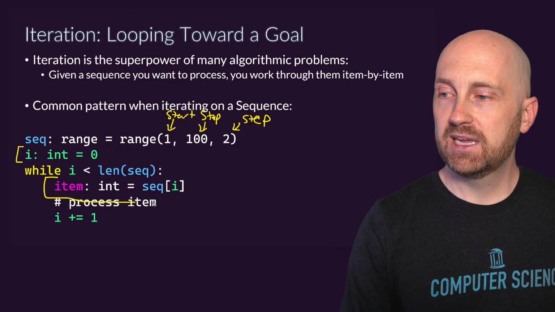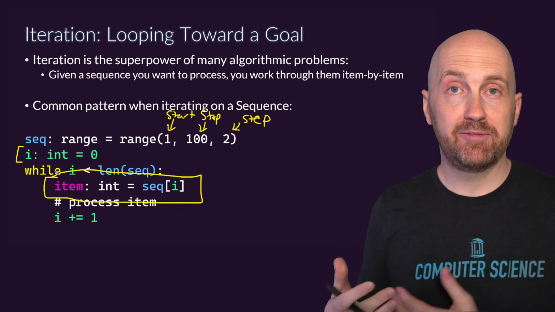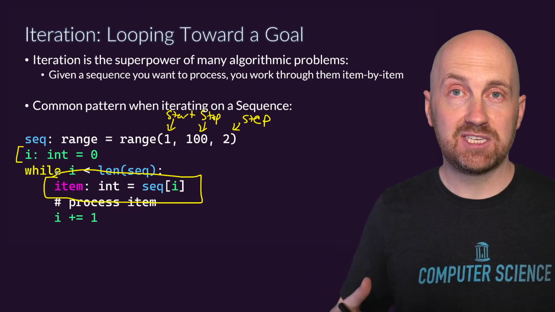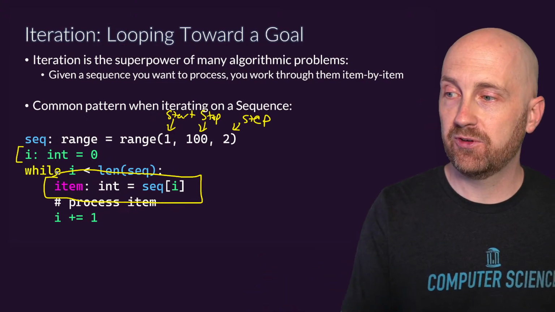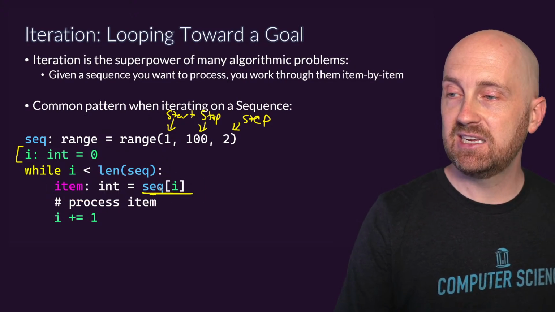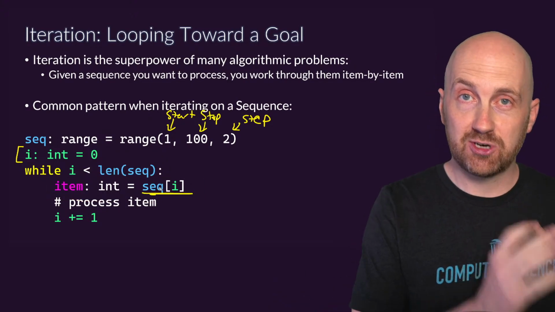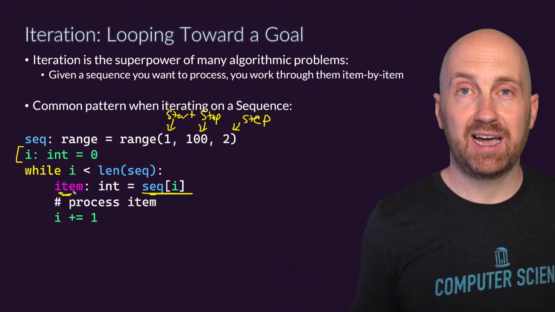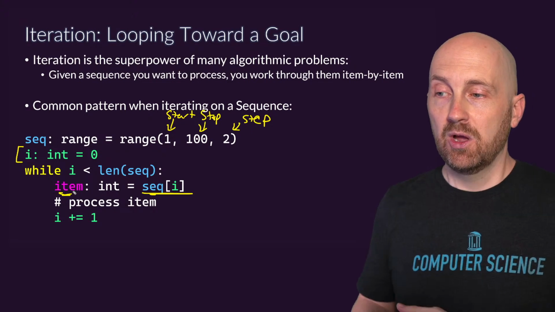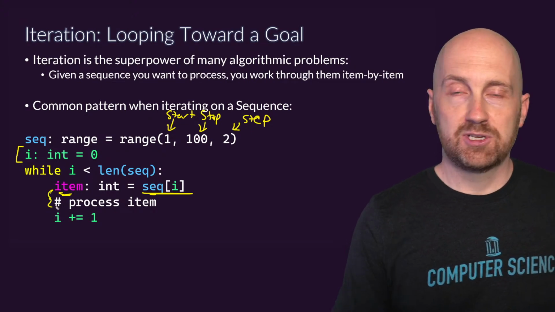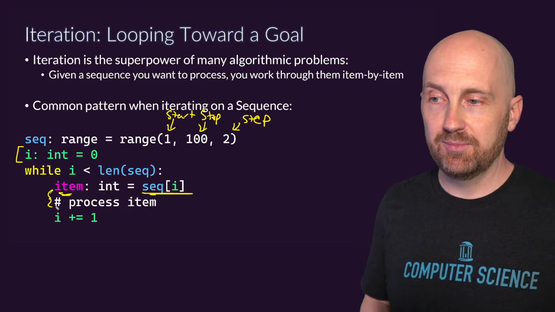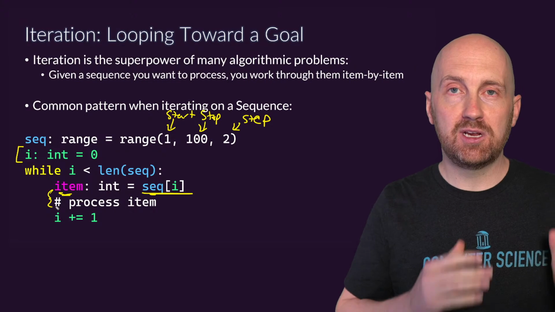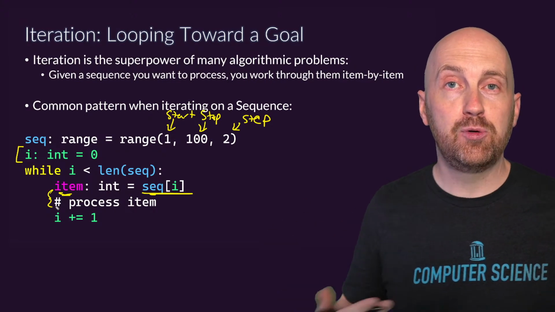Inside of the loop, we can specially set up a variable that pulls out the item that we're trying to work with in the sequence that we're trying to iterate through. So here, notice we're saying, take the sequence at index I, which would start at 0 and then 1 and then 2 and 3 and 4, and assign that to a variable named item inside of this repeat block. We've commented out, and we're assuming that you're going to do something interesting with that item inside of this repeat block. And this pattern is effectively giving you the ability to move item by item by item through any sequence,